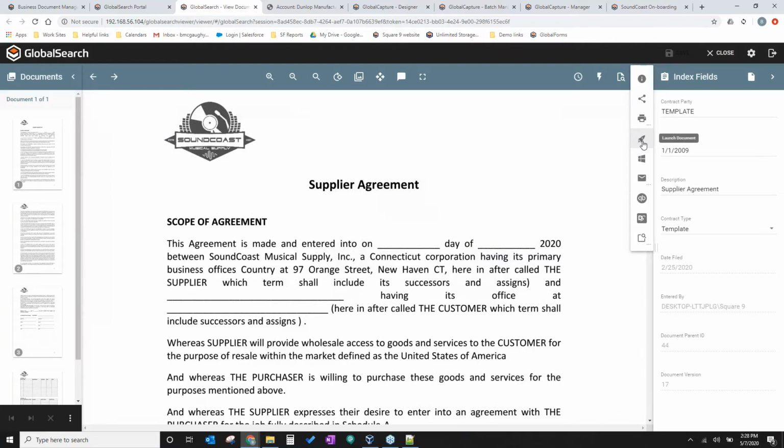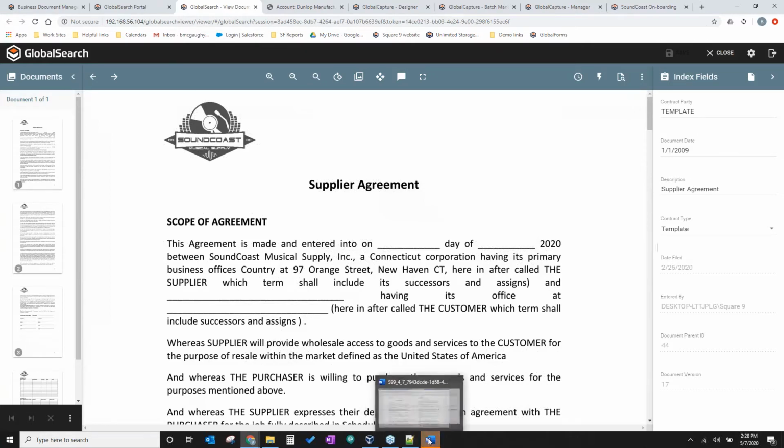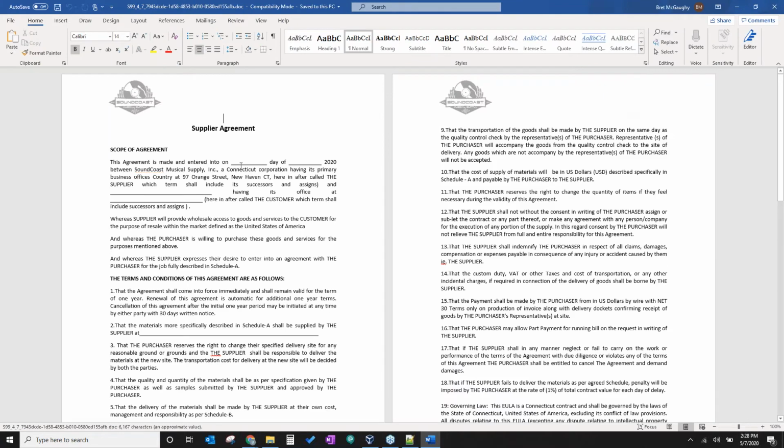This is our boilerplate, this is what has been approved and guaranteed, so that anytime somebody needs to create a new supplier agreement, this is where you would come to get that document, right? So I can come in and launch this into Word and go ahead and create a new supplier agreement for this particular customer.